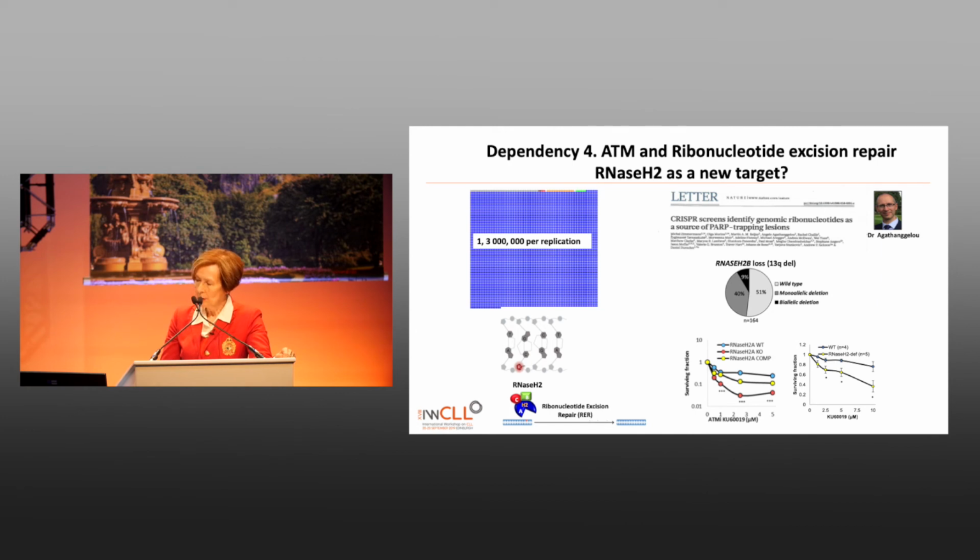And what is our newer finding is the fact that there is a synthetically lethal interaction between RNase H2 loss of function and ATM loss of function, and we can demonstrate this both in isogenic cell lines and in primary CLL tumors. And what I'm trying to say here is that RNase H2 can be a therapeutic target for ATM deficient tumors, and we are currently busy developing an inhibitor together with the CRUK drug development unit. So in the final part